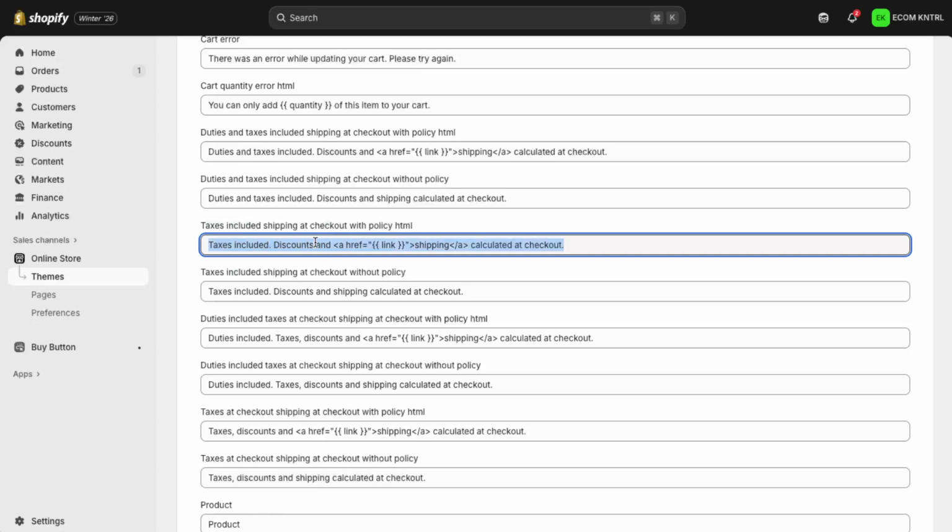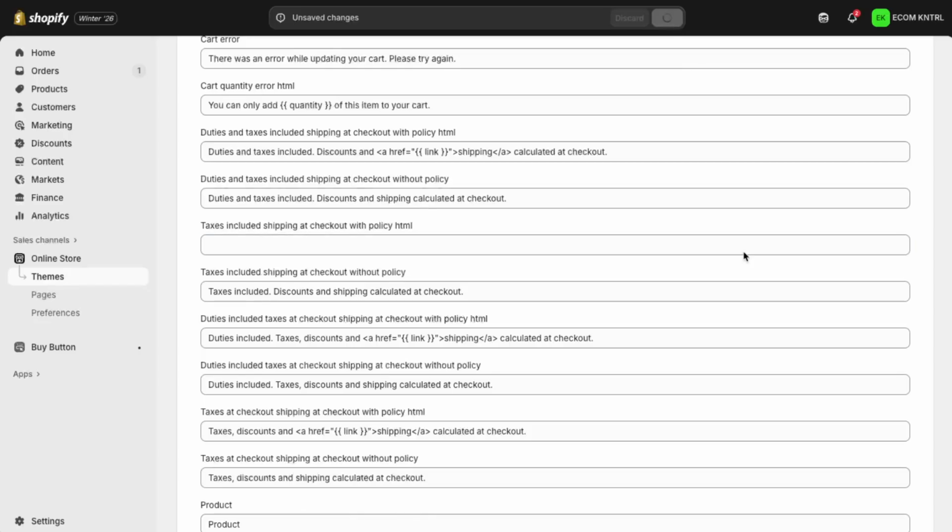If Shopify doesn't let you save an entirely empty field, just tap the space bar or add a single period so the field is technically not blank. But visually, nothing meaningful will appear to customers. Once you've removed the content from that field, go to the top or bottom of the page and click Save. Shopify will update your theme language settings, and the taxes and shipping message at checkout will no longer display. That's it. You've successfully removed the taxes and shipping line at checkout from your